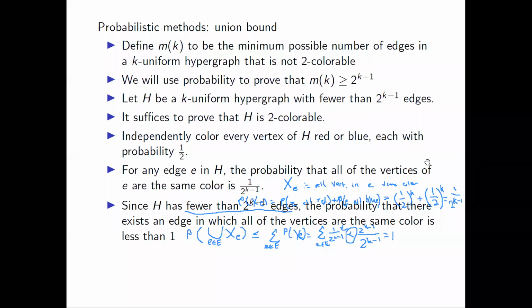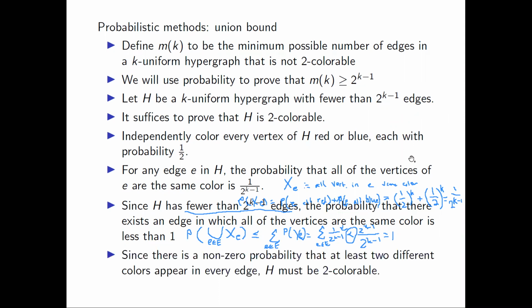And now we're able to finish it off. So since we know that the probability that there exists an edge in which all the vertices are the same color is less than 1, that means that with non-zero probability, none of the edges have all of the vertices of the same color. In other words, all the edges have at least 2 different colors that occur with non-zero